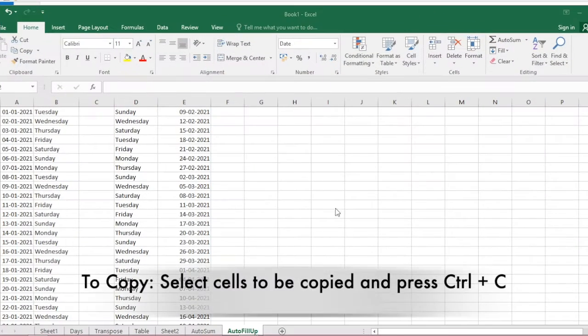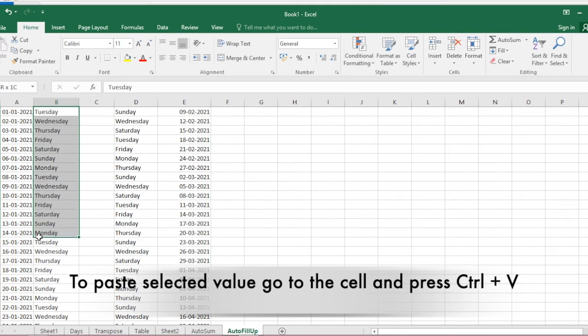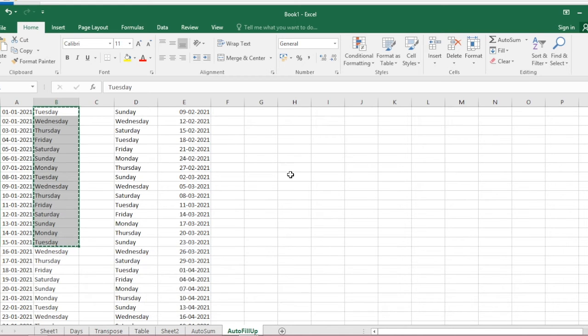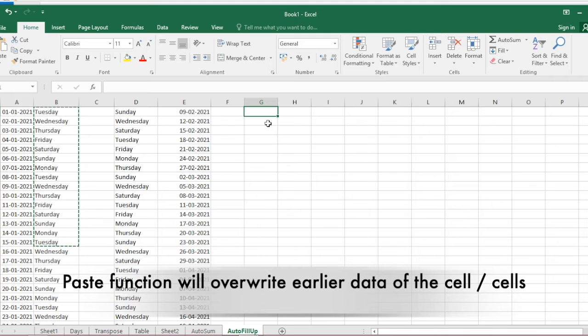Friends, as I told you, we can copy a cell by selecting that cell and pressing Ctrl+C. Suppose we want to copy these cells up to this point, we can press Ctrl+C, click here where we want to copy, and press Ctrl+V.